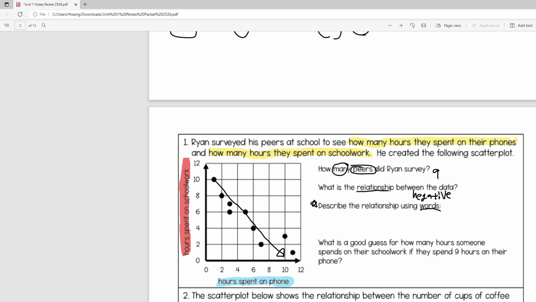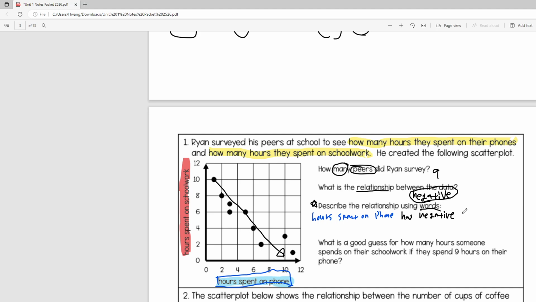And here's the Mr. T trick. First, write down the independent variable. In this case, it's hours spent on phone. And what kind of relationship does this data show you? We already answered in the question above. The hours spent on phone shows you what kind of relationship? Negative relationship. So I will write hours spent on phone has negative